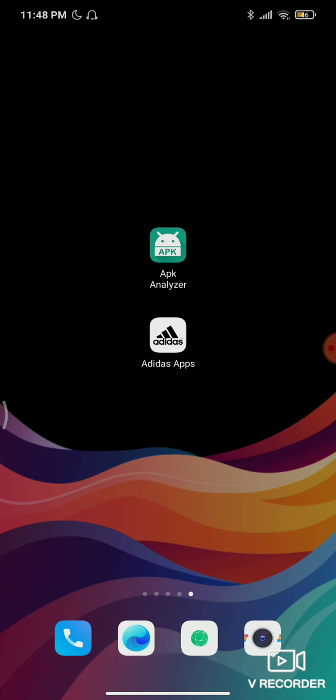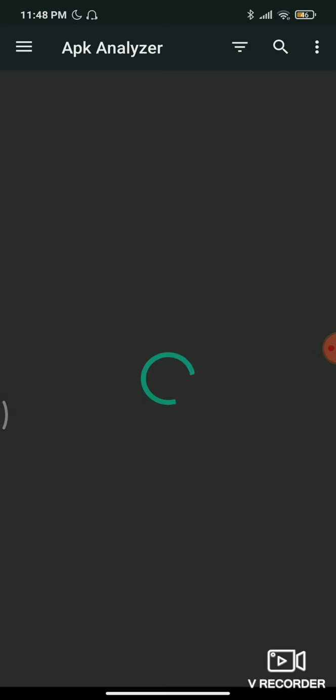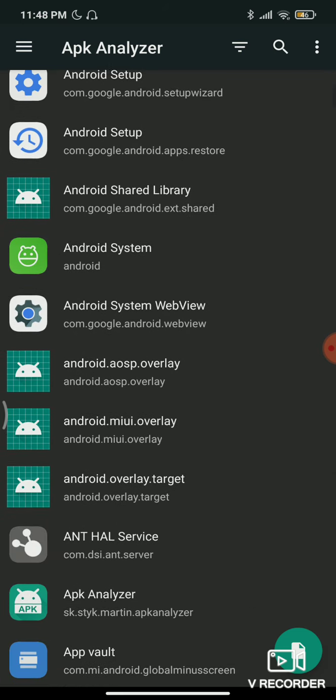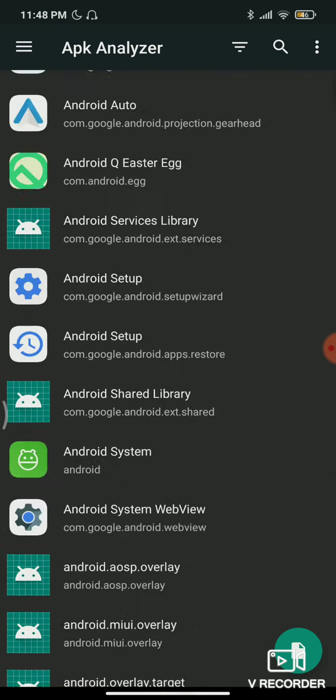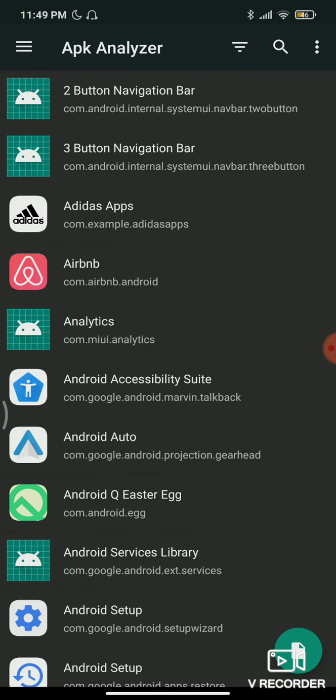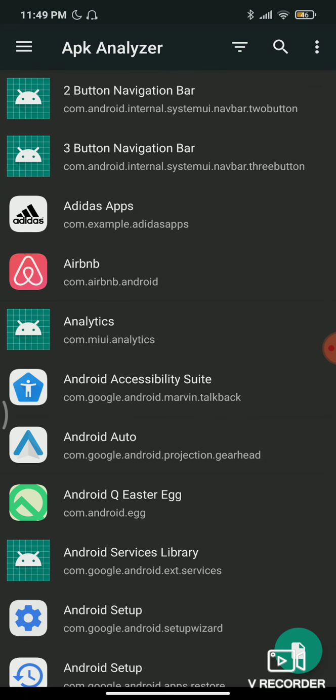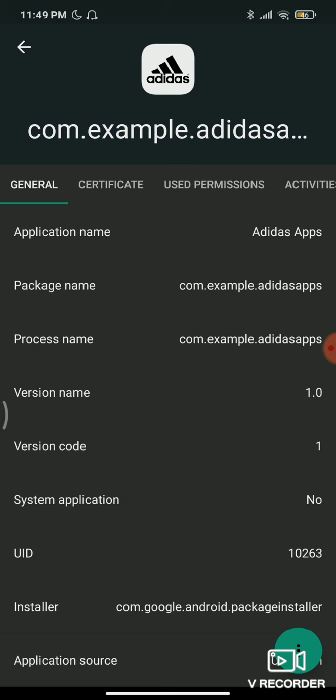Basically, if we go into the APK Analyzer, we can analyze the apps in our phone. For me, I'm using an Android phone. For example, if we start with my app, the Adidas app that I've made. Okay, here in the APK Analyzer,